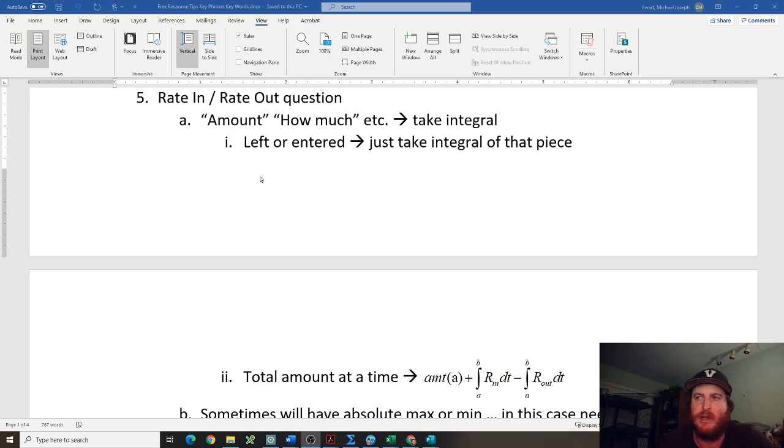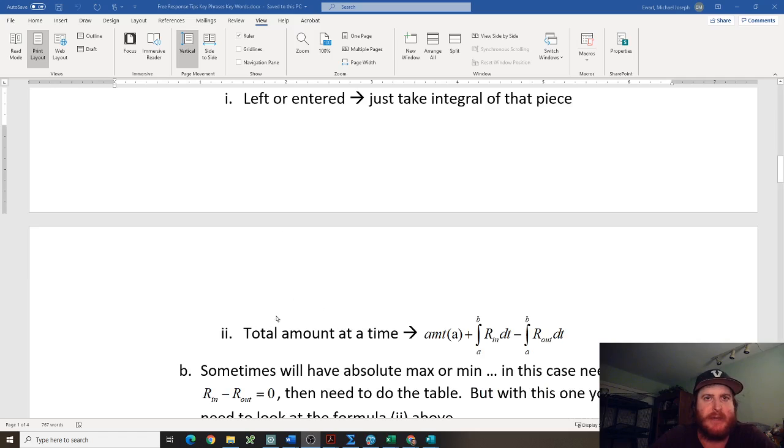Okay, so if it just says, like maybe there's a pool and we're filling up the pool and it just says how much water went into the pool, you're just going to take the integral. You don't care about the starting value. But if it asks you for a total amount at a specific time, like how much water is now in the pool, that's when you add your starting amount plus the integral of the rate in